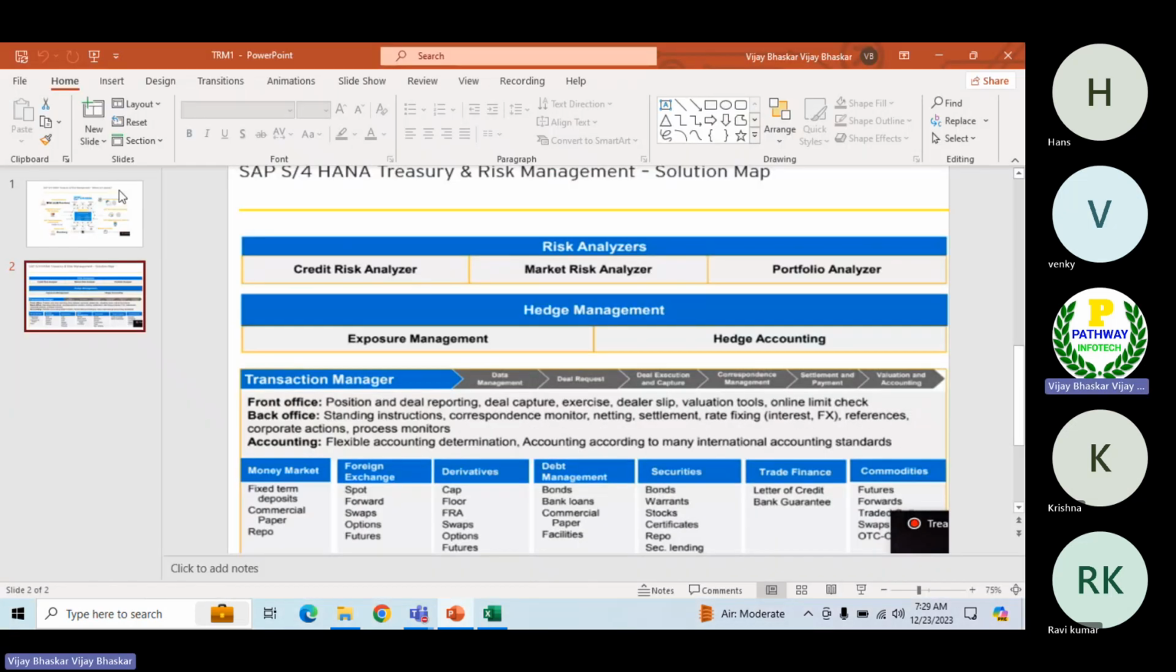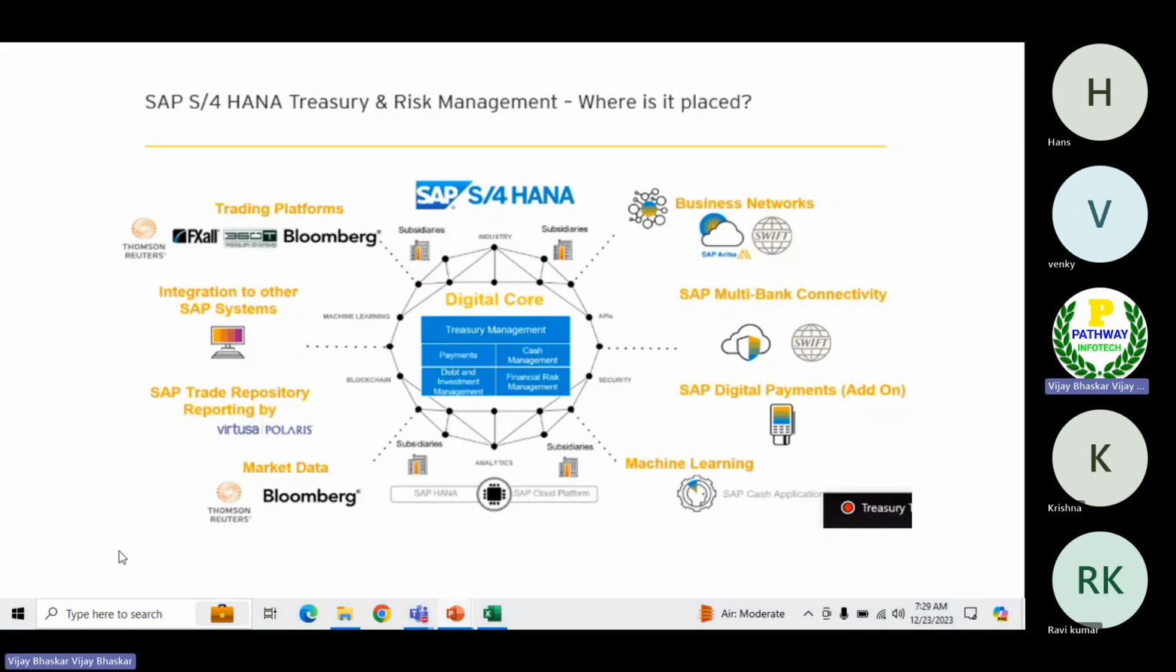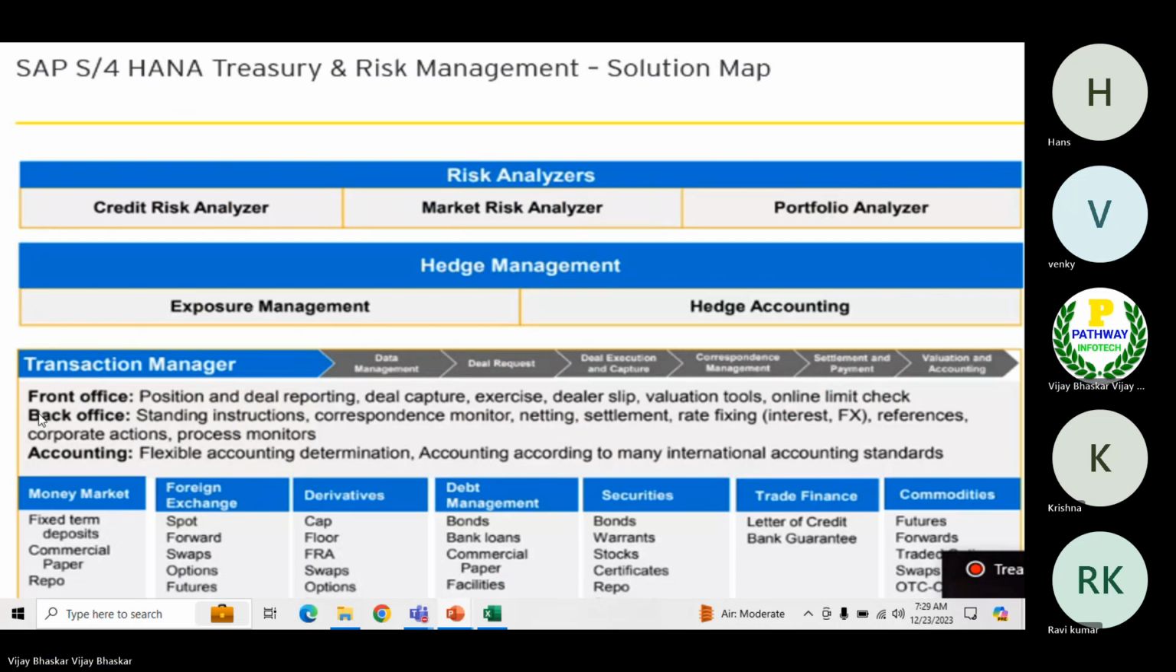Why is the highlighter not appearing? Okay. So now